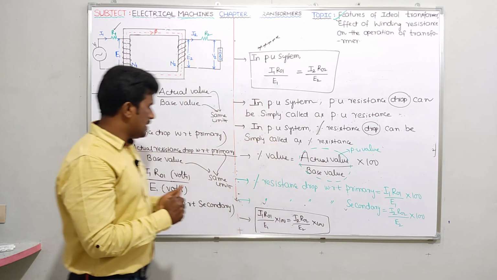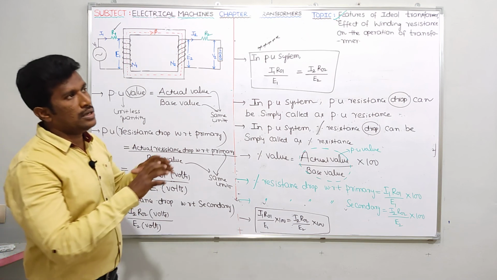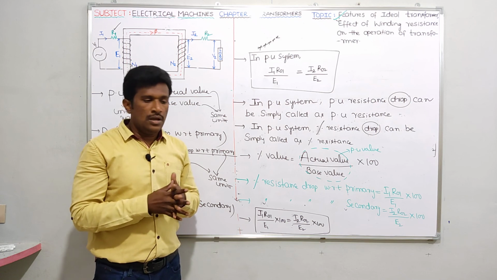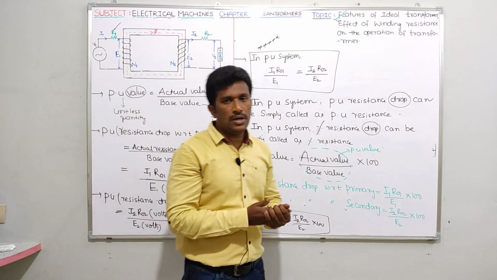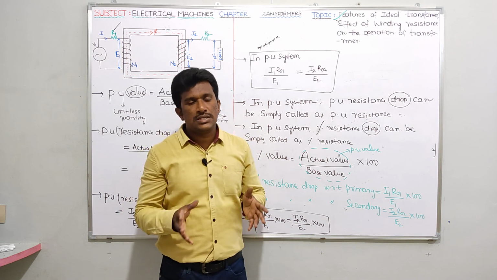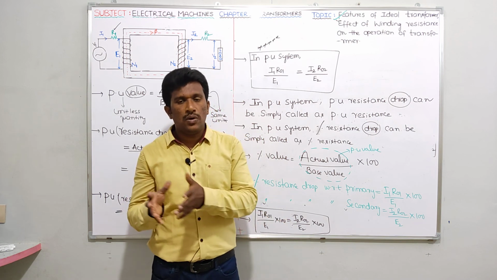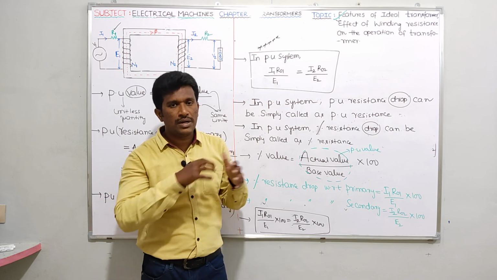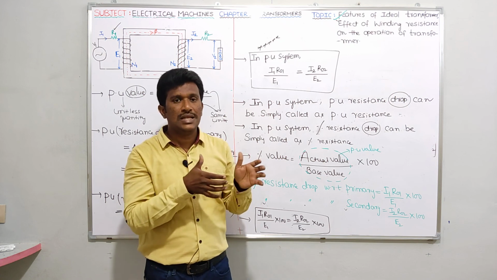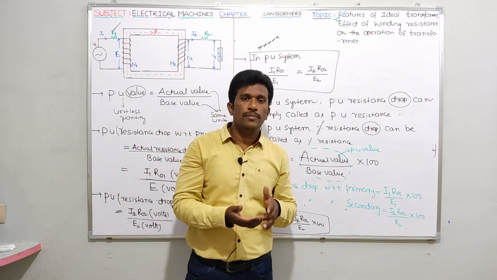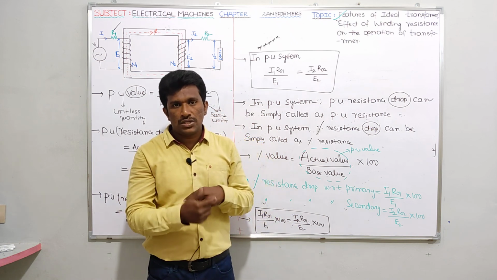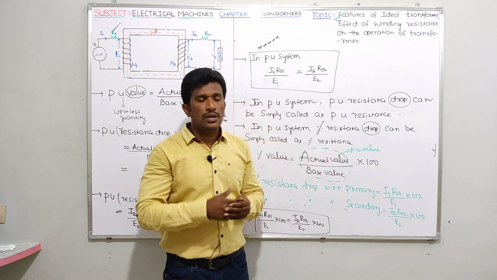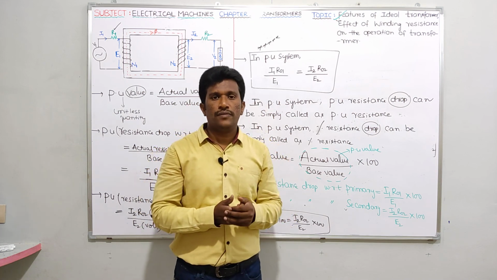before explaining the effect of leakage flux on the operation of the transformer, I told you that in an ideal transformer leakage flux is assumed to be absent, but practically leakage flux will be there. Before explaining the effect of leakage flux, let me discuss the transformer as a constant flux device first of all. So the total transformer functionality will come clearly: the direction of flux lines, Lenz's law, everything will come clearly in the next video. After completion of the transformer as a constant flux device topic, then I'll take the effect of leakage flux on the operation of the transformer. Then we'll discuss the exact equivalent circuit of the transformer.